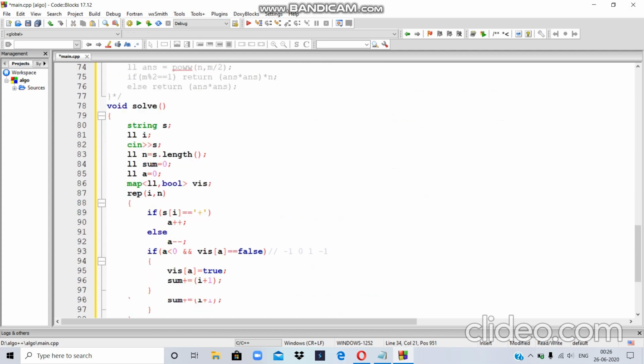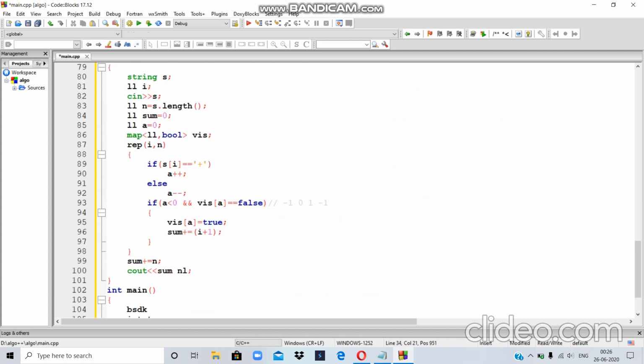In easier terms, I am traversing the entire string in this block. Whenever I find a positive sign, I increase the value of A, and when I find a negative sign, I decrement A. Whenever A is negative and it is new for me, not visited right now, then I will mark it visited as true and I will add its index to my answer.